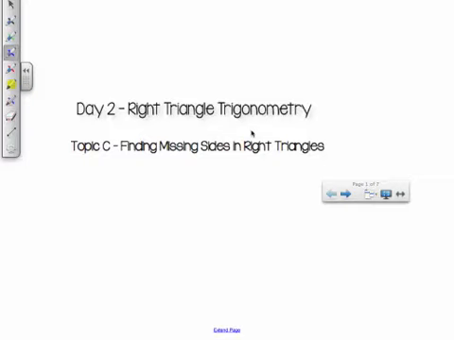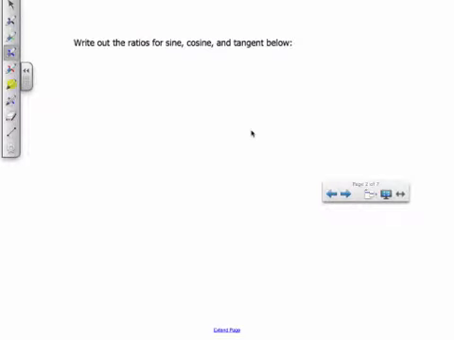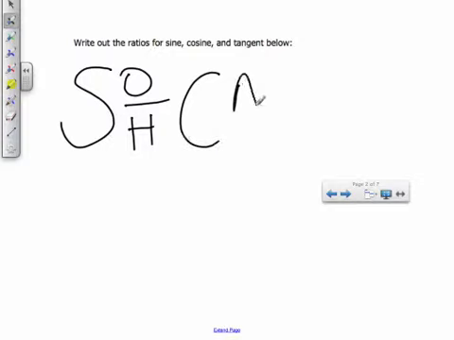All right, so topic C is about finding missing sides in right triangles. So you now know what it means to have trigonometric ratios. We're going to use these ratios to find missing sides in triangles when we know how big angles are in these right triangles. So before we can do that, let's just write out our ratios again for sine, cosine, and tangent. Remember, it's some old horse caught another horse,